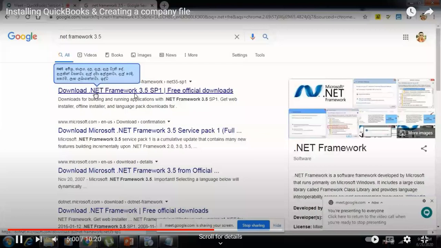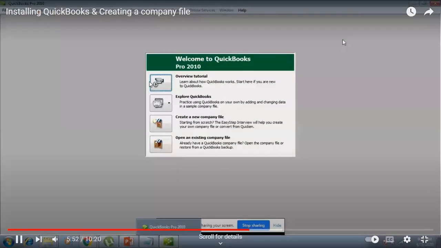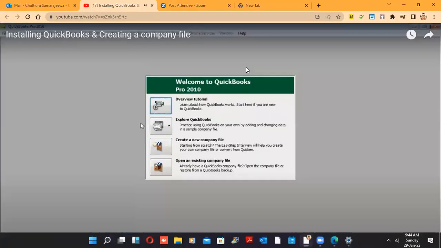Now this is the .NET Framework 3.5, so you can search and download it if you don't have it. Right. Now after installing, this is how it looks like after opening it. Now next part, I will show you how